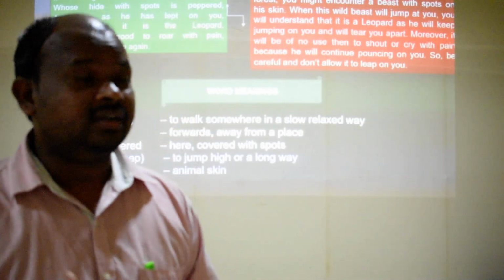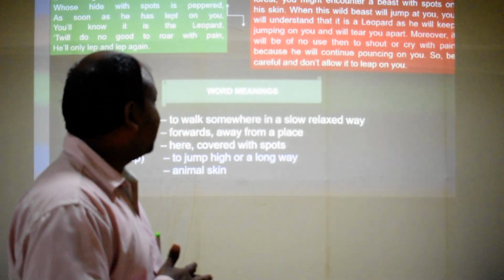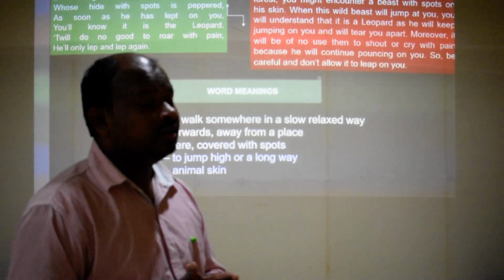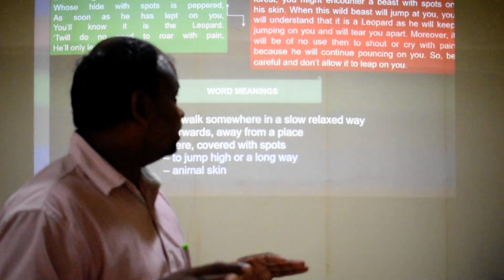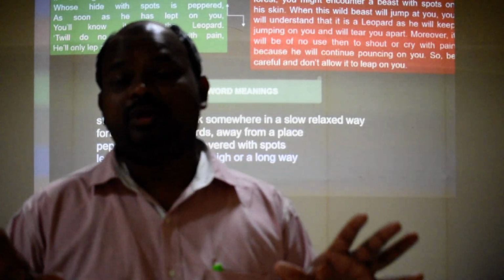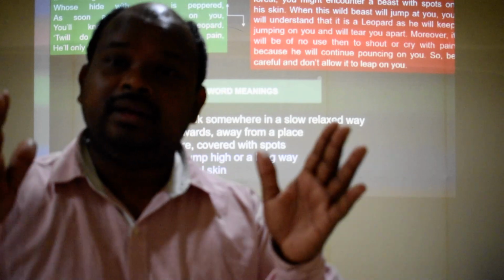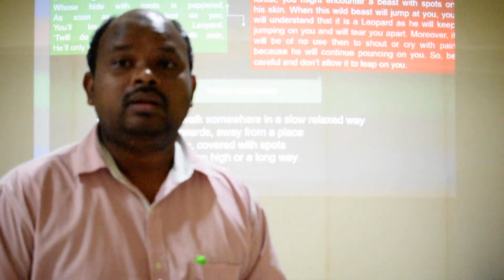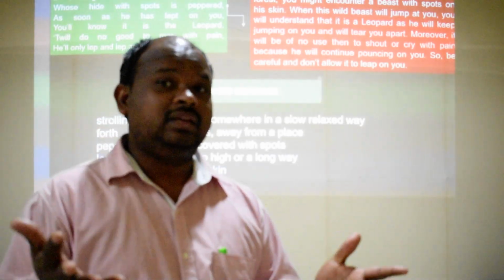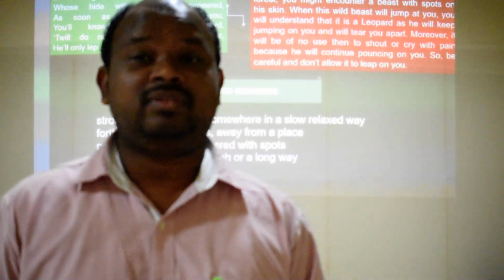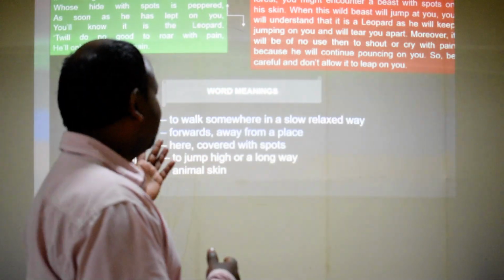And what is the danger of a leopard? So the poet here helps the readers to identify the leopard. He says, if you happen to walk in the forest, you may encounter a beast with spots on his skin. If you encounter an animal with spots on the skin, it is definitely understood as going to be the leopard. And to be with the leopard, it's not something pleasant for you or for us. It can be very dangerous.